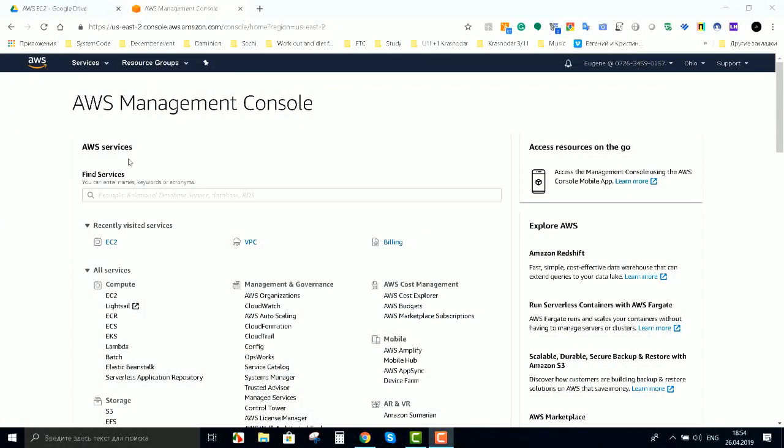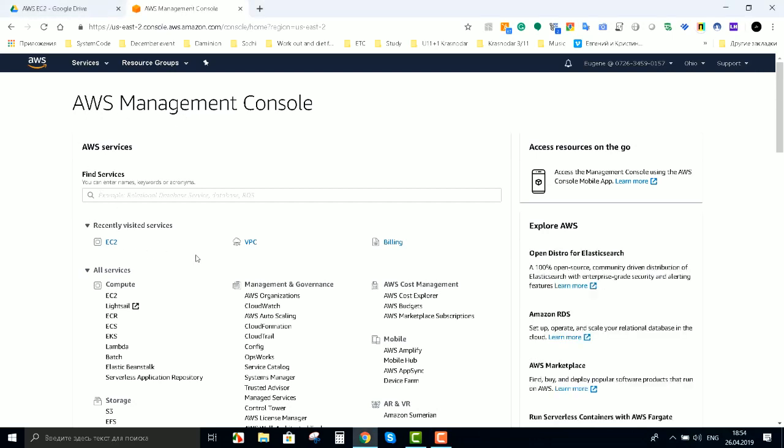Hello, my name is Eugene, and I'm going to show you today how to start installing a virtual server and then installing Windows Server 2019 on it. We will be using Amazon AWS services and choose launch VPC